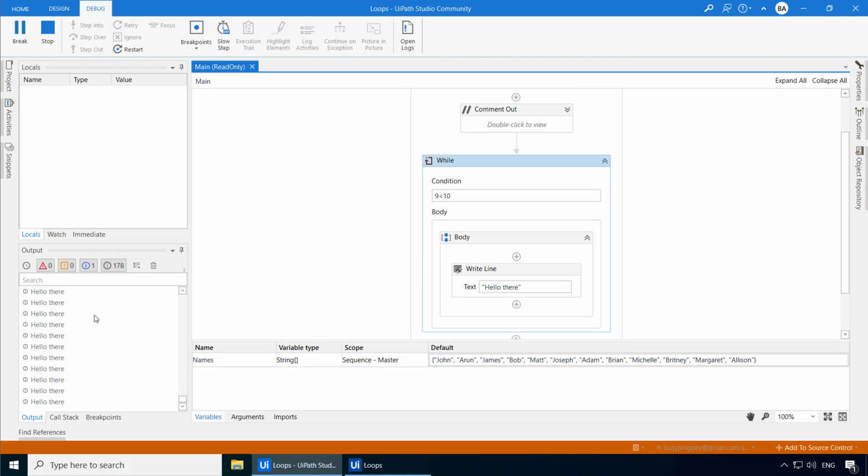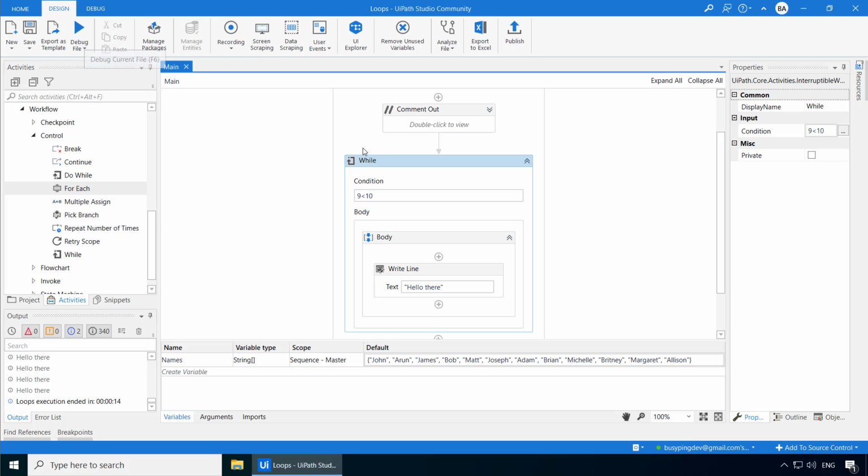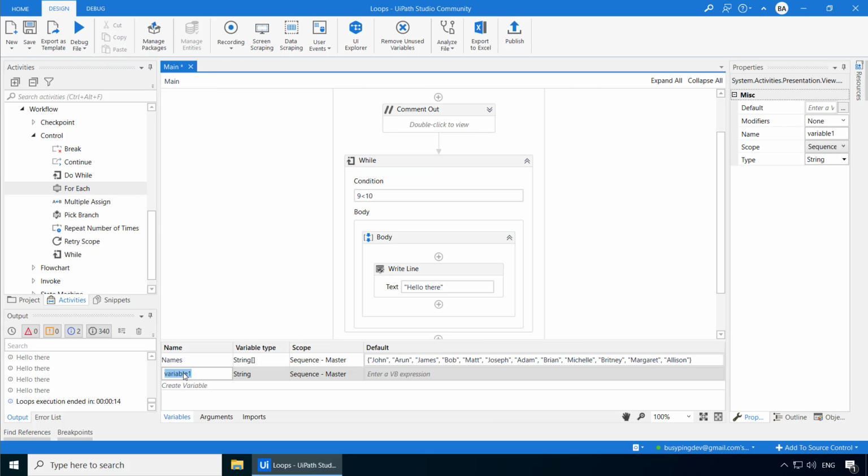As you can see, it keeps writing hello there, and you can see the line count increasing here. Now, the only way to stop this is to click this stop button, and it stopped. Now, let's create a variable called counter,